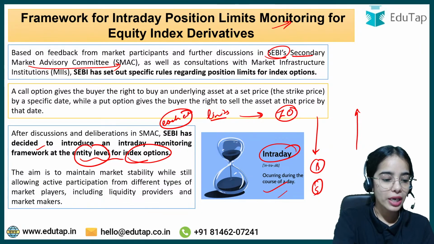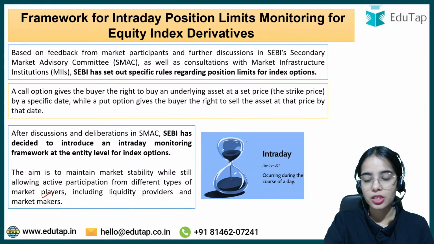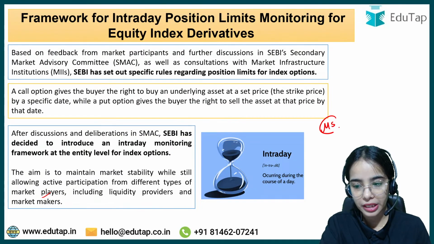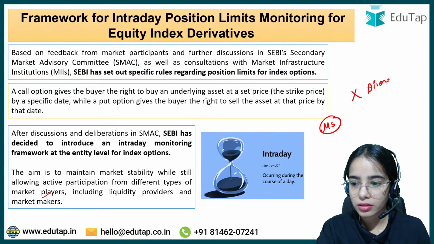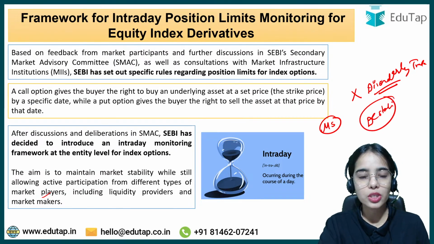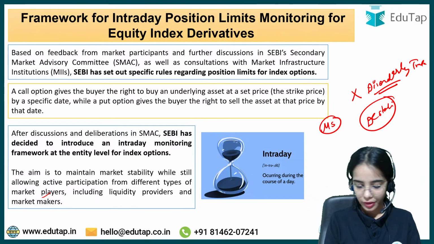What is the aim? The aim is to maintain market stability while still allowing active participation from different types of market players. So basically, the aim here is to maintain market stability and to not allow the disorderly trade that can create destabilization in the market. So to stop the disorderly trade or to stop the manipulation in the market,